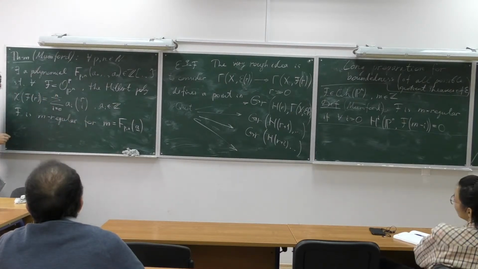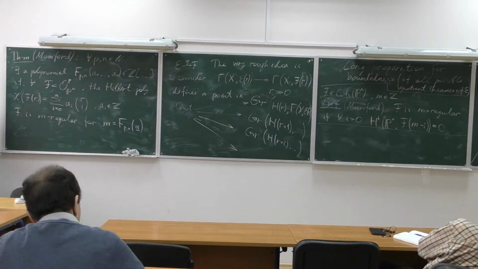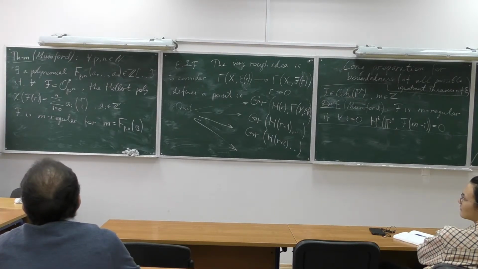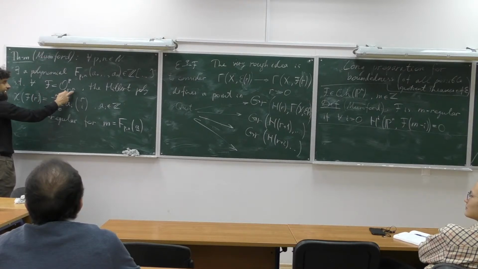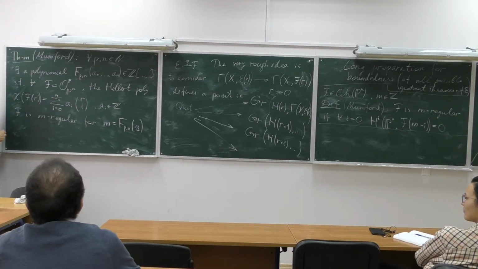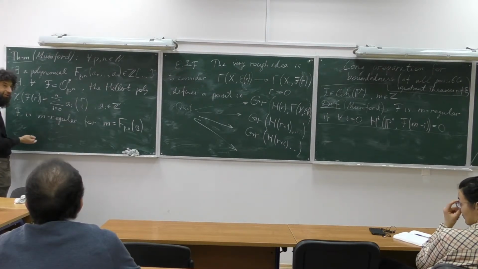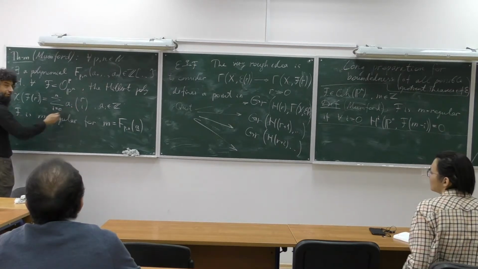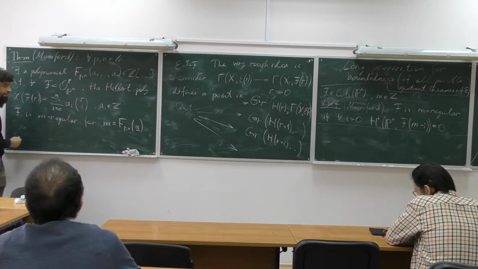Okay, looks weird, yeah, but we have to start somewhere. Why the sum? Well, F is a coherent sheaf on n-dimensional projective space, and then its Hilbert polynomial is of degree n, right? And it's numerical or integer valued, and so it necessarily has this form. There is no statement here. The statement is there.